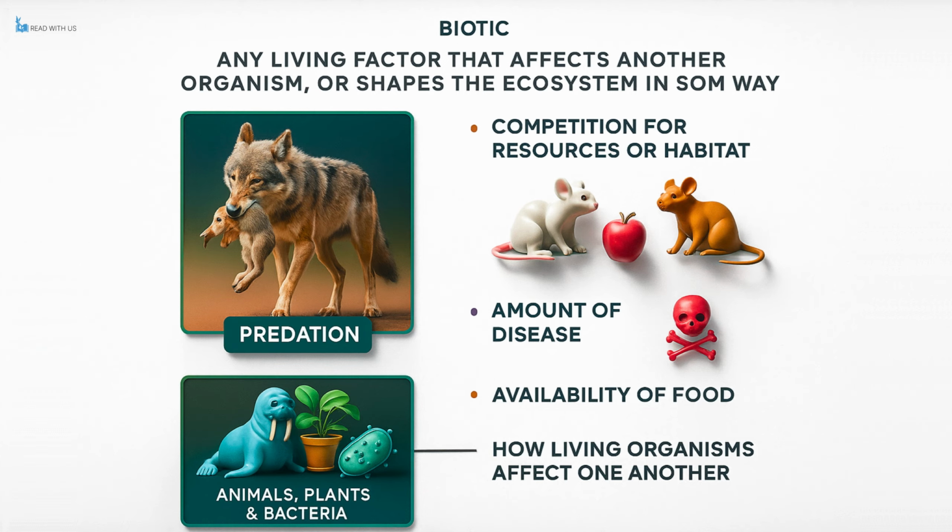Although this definition might initially seem a little difficult to visualize, consider the process of predation. Predation is a biological interaction where one organism, such as a predator, hunts and eats another organism, and since this involves living creatures and significantly influences populations and survival, it is considered a biotic factor. Other examples of biotic factors include competition between species for limited resources such as food or shelter, the presence of diseases and pathogens that spread from one organism to another, and the overall availability of food sources, whether plant-based or